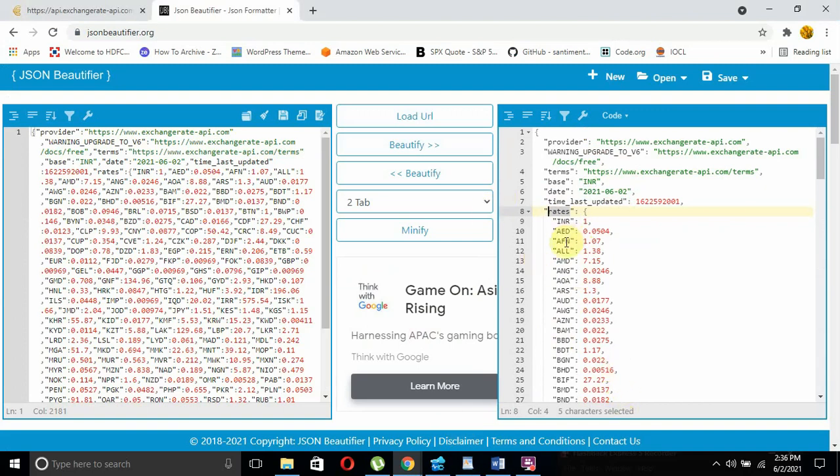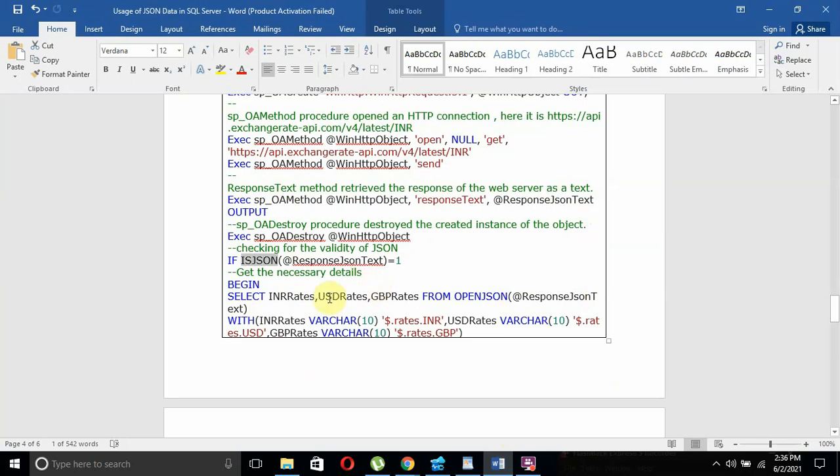So you need to access it as rates.inr to get the INR rate, and rates.usd to get the USD rate. Like that we need to take it out. For our example, we are going to show only the base currency, date, and its corresponding USD rate and GBP rate. That's why we are returning like this.